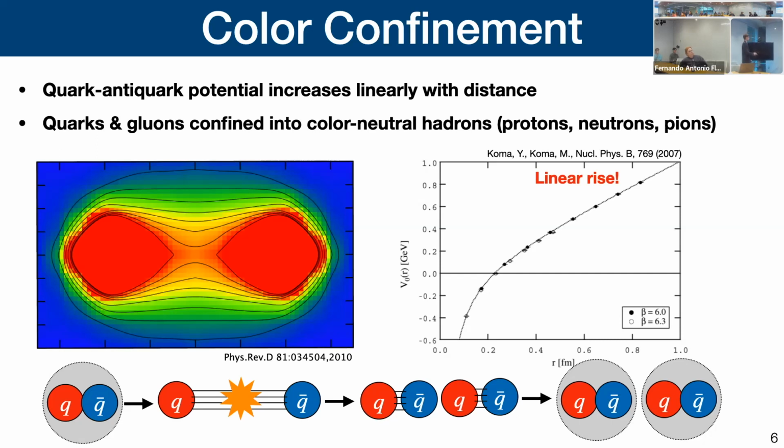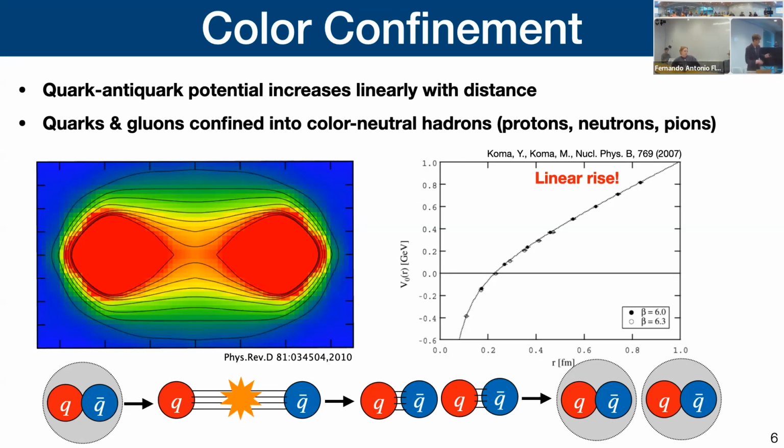And that allows these color field lines to be terminated, and we basically get two pairs instead of just one pair. And so what this results in is that all these quarks are essentially combined into little packages of quarks and gluons that we call hadrons. So hadrons are like protons and neutrons. Those are the everyday particles that make up the nuclei inside of us, but it also includes things like pions, kaons.